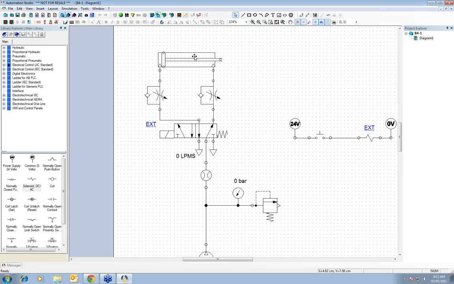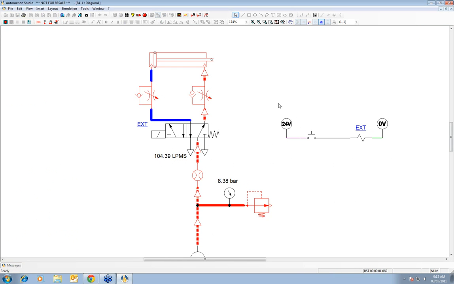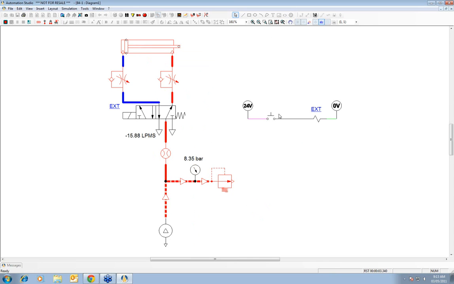So if you launch this simulation right now, you will be able to see that I have the solenoid here, which is not activated. I have some power coming in here, and I have this grounded. So if I click here to join the links, as you can see, it will close the connection, activate the extension, and then if you want to hold down on the push button,